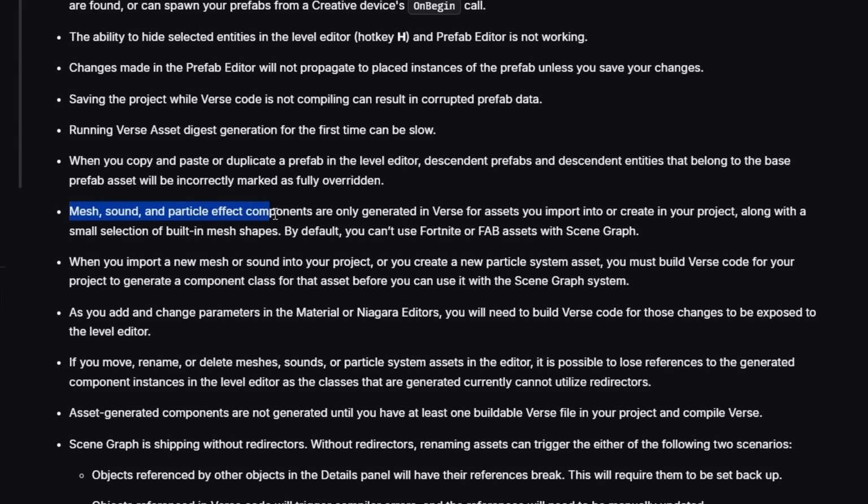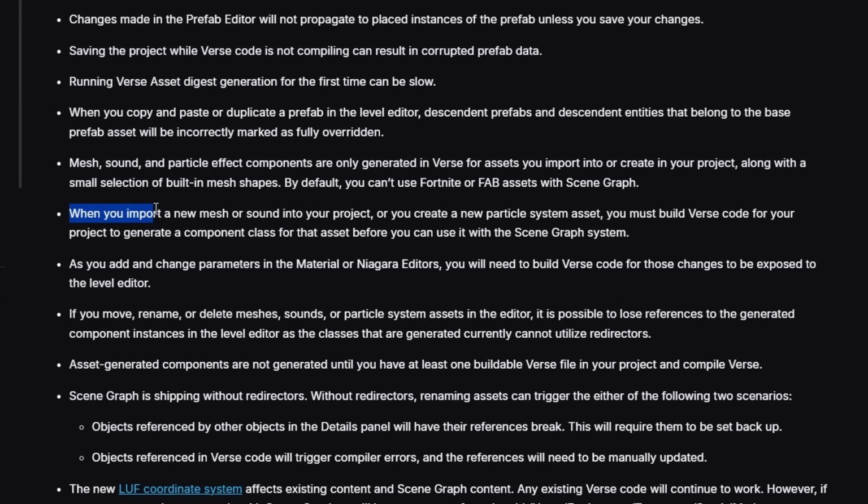Mesh, sound, and particle effect components are only generated in Verse for assets you import or create in your project, along with a small selection of built-in mesh shapes. By default, you can't use Fortnite or Fab assets with SceneGraph. When you import a new mesh or sound to your project, or you create a new particle system asset, you must build Verse code for your project to generate a component class for the asset before you can use it